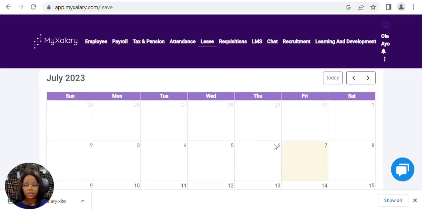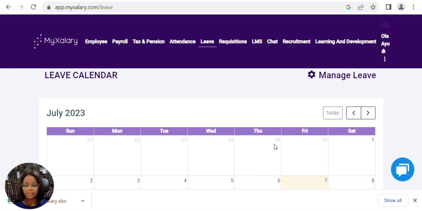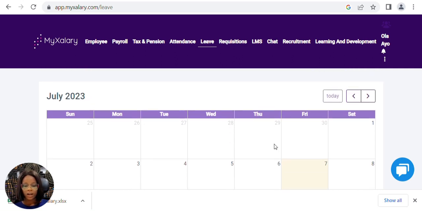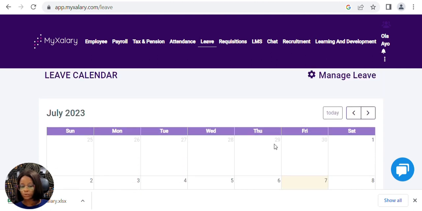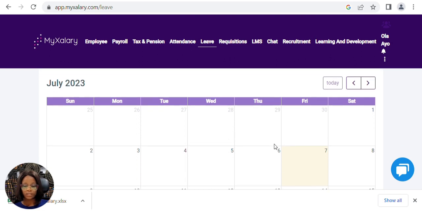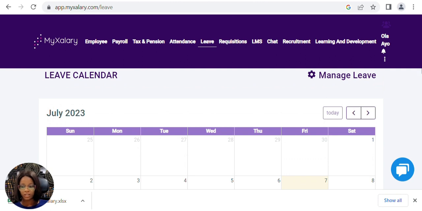All right, so we are currently logged in on the MyXalary's leave module, and currently you can see a calendar displayed on my screen. What this is supposed to do is give you a bird's eye view of all pending applications, all active applications. By active application, I mean the employees who are currently on leave. It's supposed to mark that on this calendar for you,